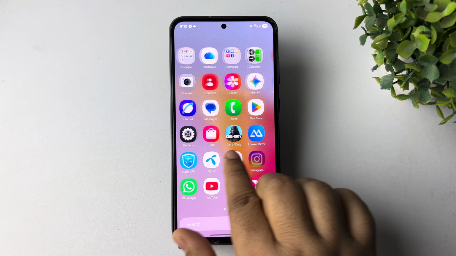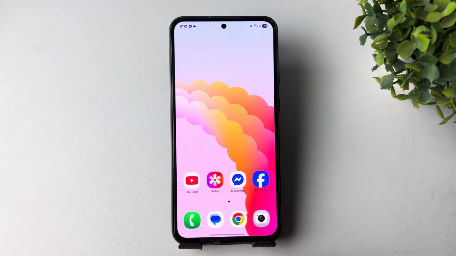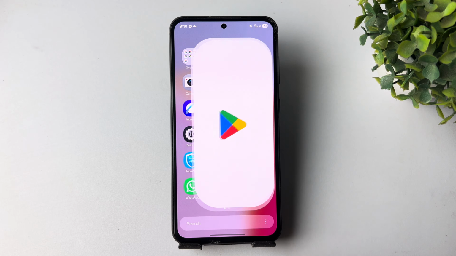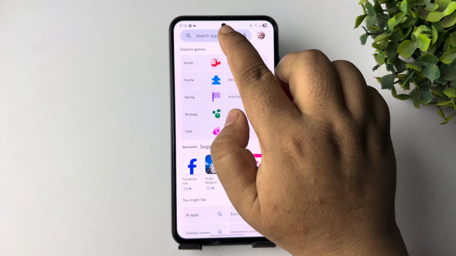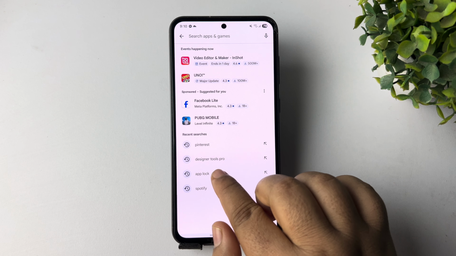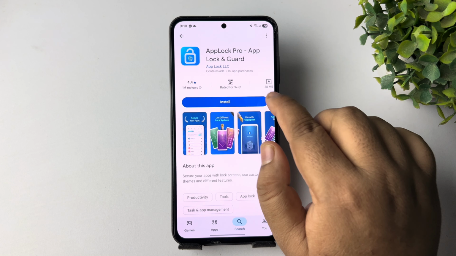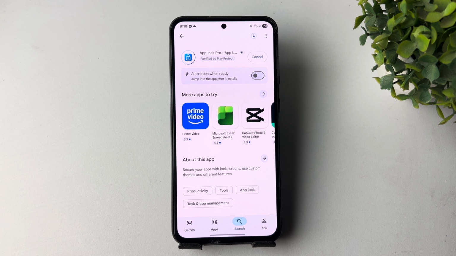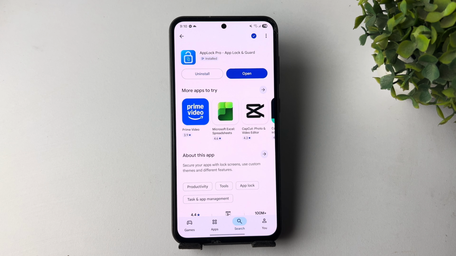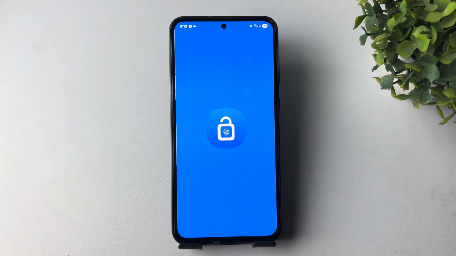To put a password on your Snapchat app, all you need to do is go to your Play Store and search for App Lock, and install this App Lock Pro app on your phone. Once the app is installed, launch the app,